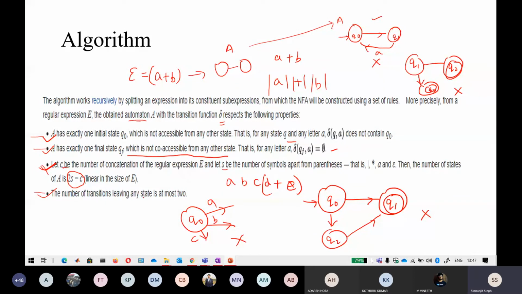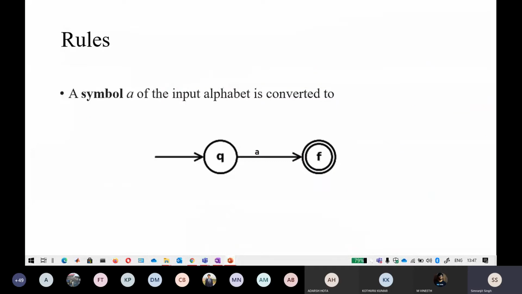It should have only one final state, and if it has one final state, it should not be accessible by any other state. That is also a compulsion. There are two compulsions here. That is why I'm saying that the Thompson construction method is applicable to only a limited set of regular expressions.